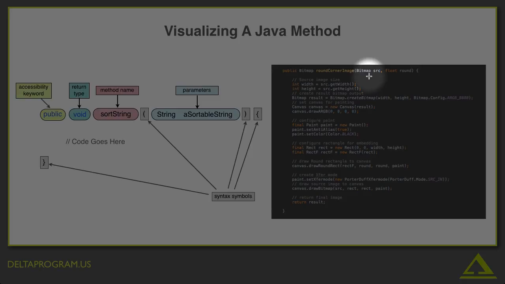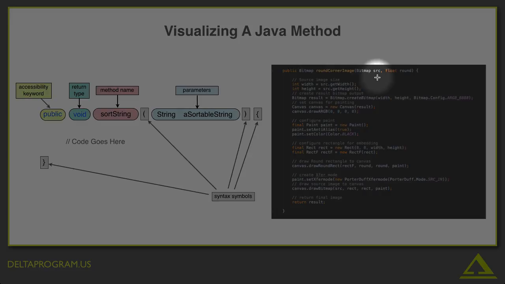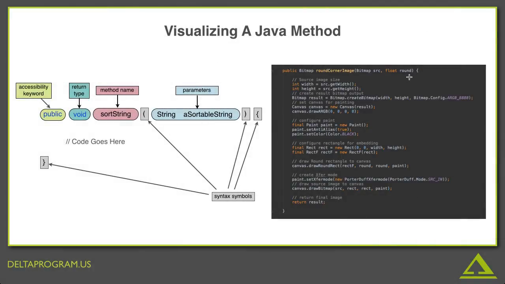Now, if you're a good detective, you should have noticed that there's something else in the parentheses that we haven't talked about yet. It's this comma. There's a comma, and then there are two more words there, float and round. Well, can you guess what the comma means? It indicates that there is more than one parameter for this method. In other words, to use this method, you have to input not just a bitmap, but also a second parameter. In this case,